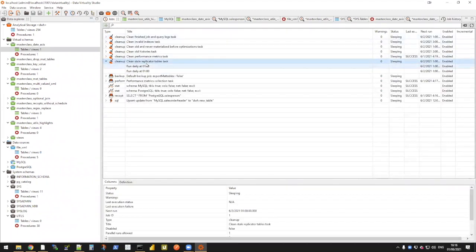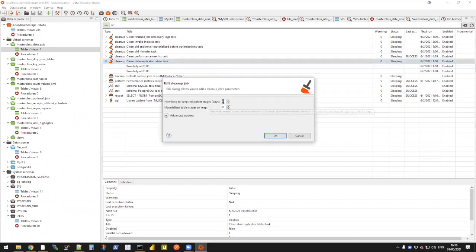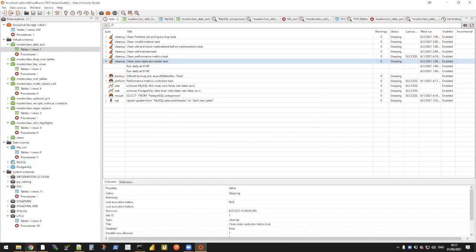And this one, the clean stale replicator table task, cleans away alt met tables, and you can edit it to keep stages, and you can also keep it for days, right? You can say, I want to keep 5 days worth of data in materialized tables, or I want to keep 5 stages or something like this. To have a more granular control over it,